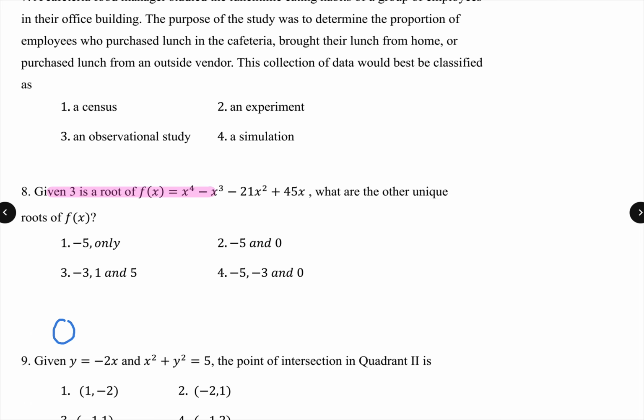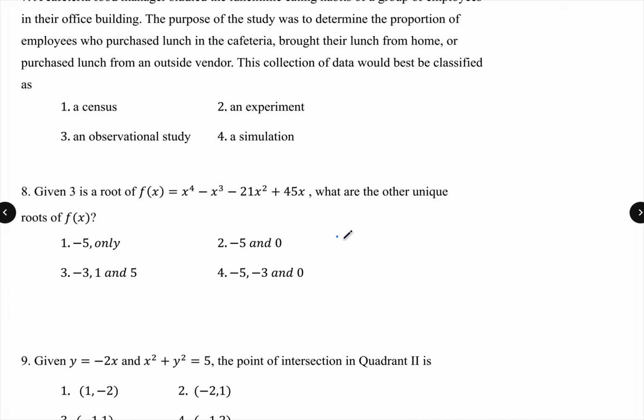Number 8, I would say, is definitely a tricky one. Given 3 is a root of f(x) = x^4 - x^3 - 21x^2 + 45x, what are the other unique roots of f(x)? In this case, if you know 3 is a root,